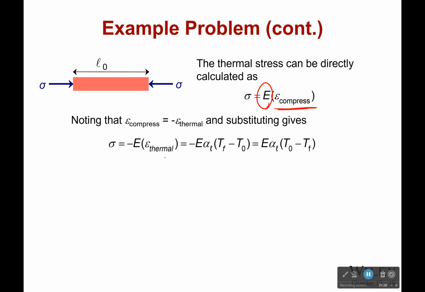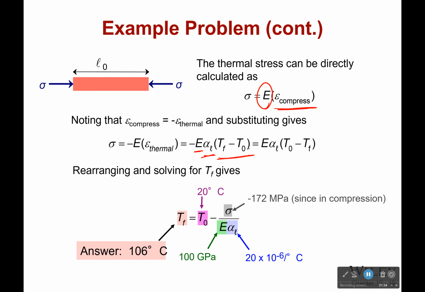And if we want to, we can then plug all that in there. So it's going to be equal to the modulus of elasticity of the material times its linear coefficient of thermal expansion times whatever the change in temperature is. So we can then rearrange and solve to determine when it's going to feel 172 megapascals. So in this case, once it gets to 106 degrees Celsius from 20 degrees Celsius, it will feel 172 megapascals,